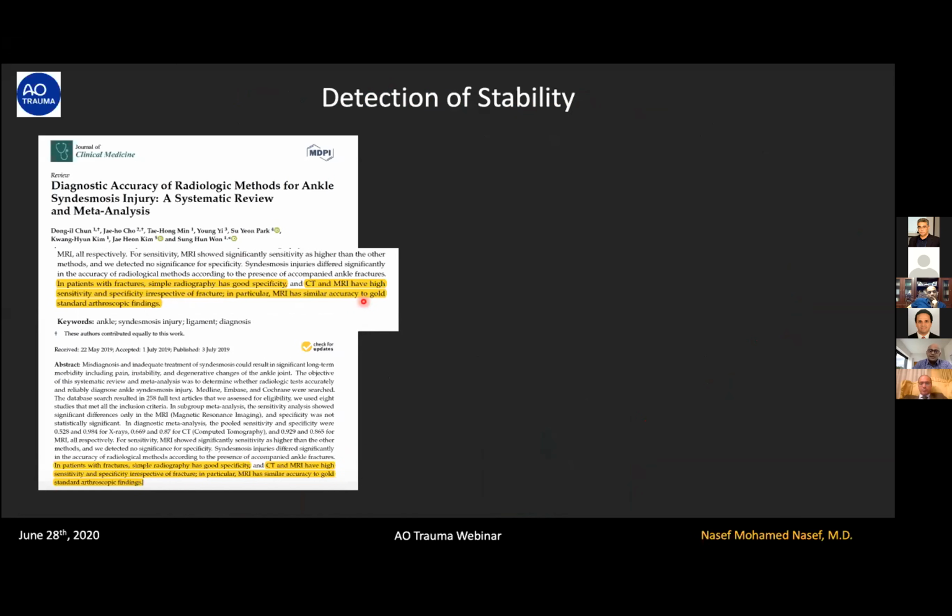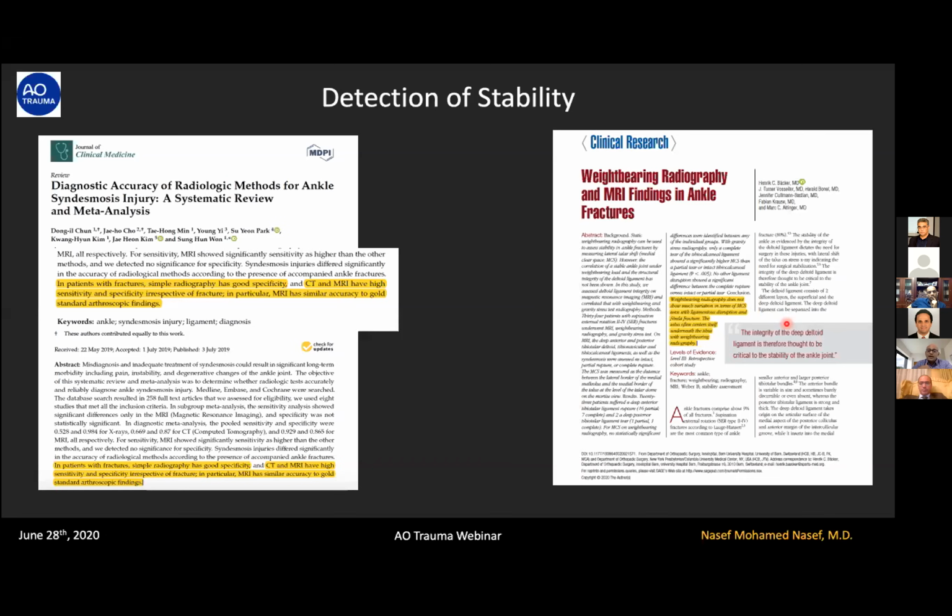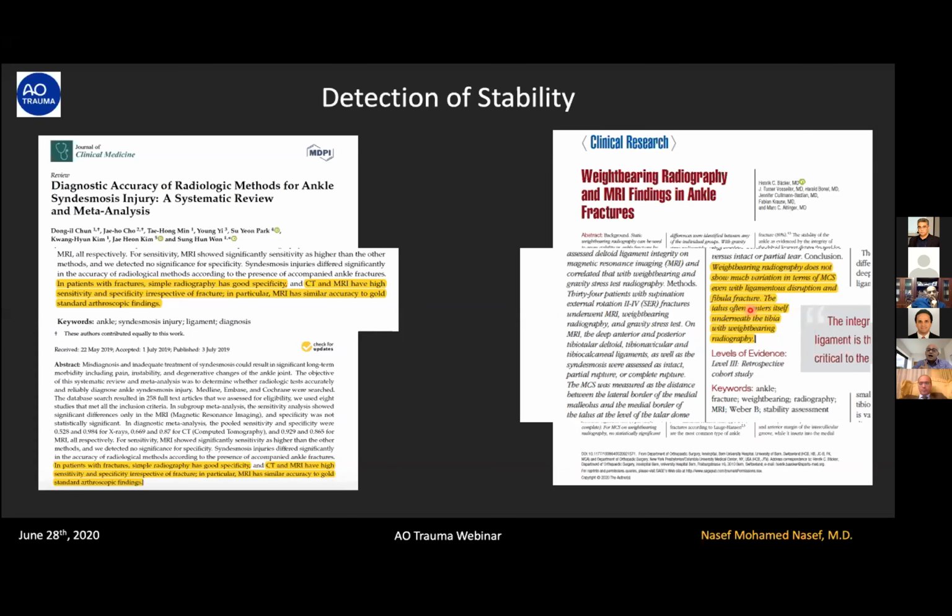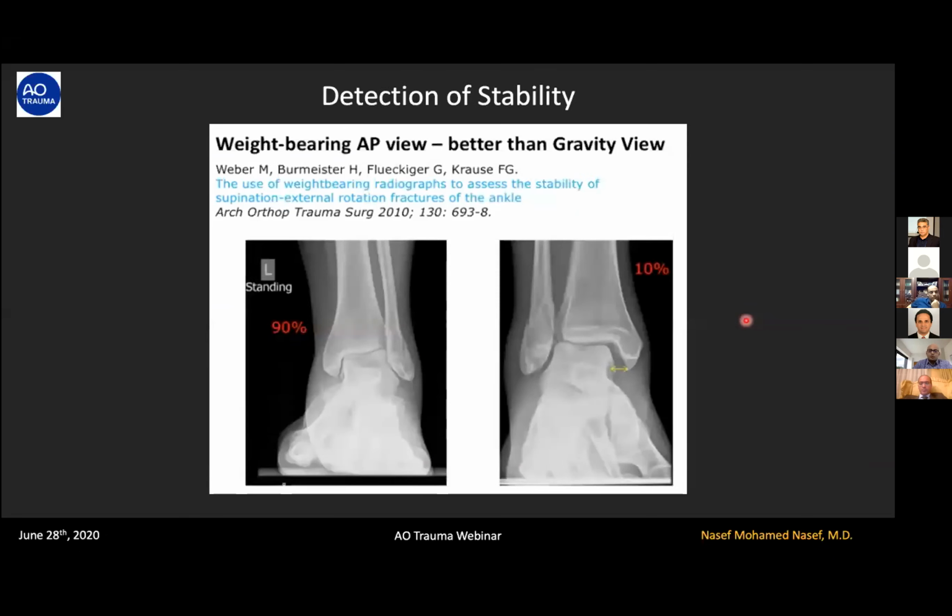Others stated, like Dr. Zahir, that the weight-bearing X-rays are not indicative of medial clear space widening. And they said that the talus often centers itself under the mortise, and so it is stable by nature. But actually, this was not true, because long ago, from 2010, it was defined that the weight-bearing X-ray,